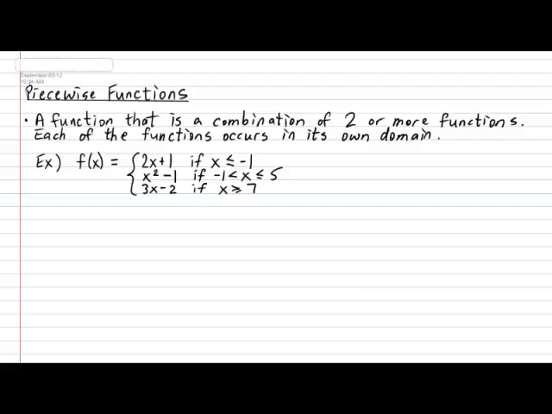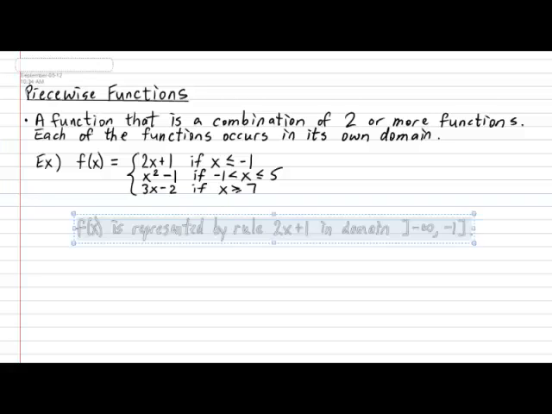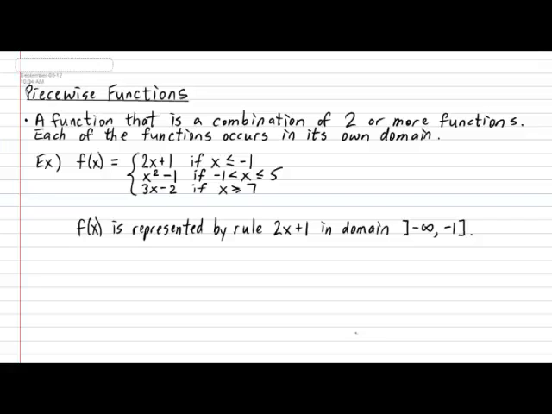The piecewise function f of x is not just one rule. It is all three rules, and the rule that you use depends on where you are in the domain. The function 2x plus 1 represents f of x if the domain that you're investigating goes from negative infinity all the way to negative 1, including negative 1. The second rule, x squared minus 1, represents f of x if the domain under investigation is